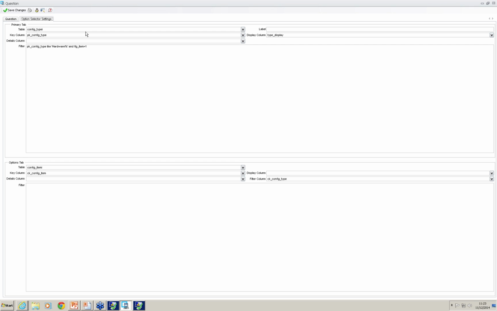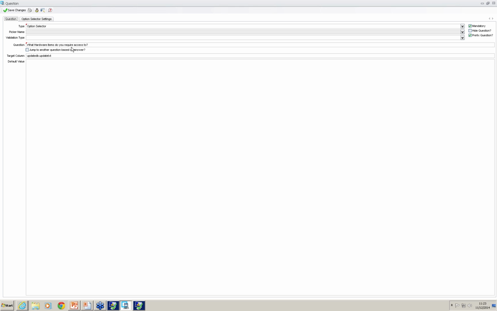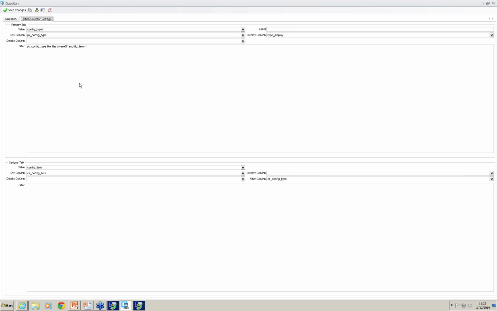So this part requires a bit of knowledge about where certain information is stored in your Supportworks database. First we're going to look at the primary tab area. This is where we are configuring the initial set of options presented to the customer. Since my question is what hardware items do you require access to, for my initial set of options I want it to be a list of hardware types, just to narrow down